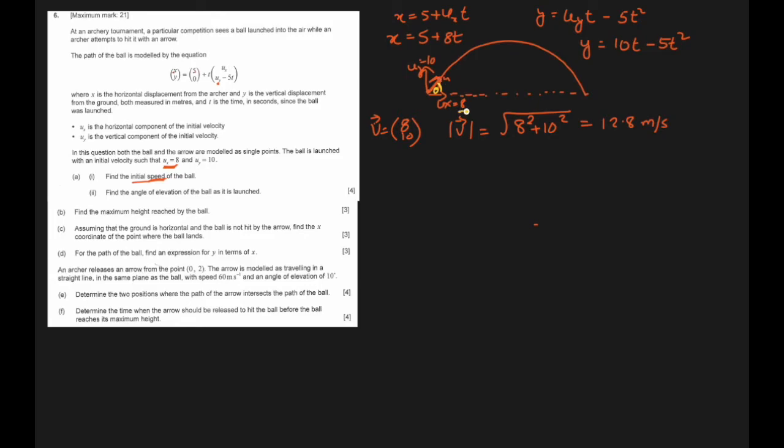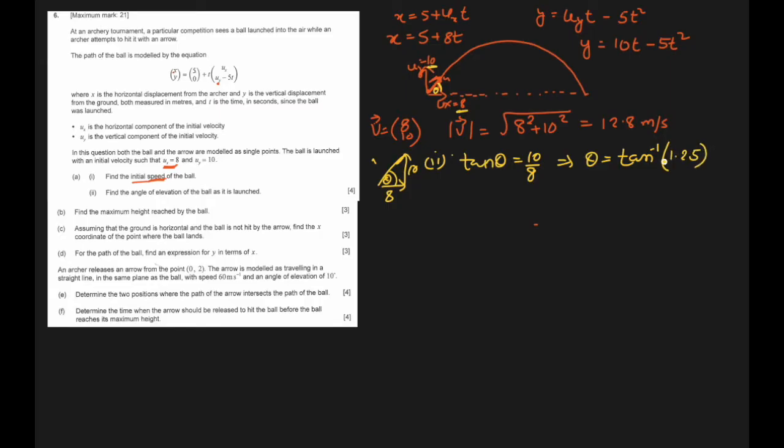So we know the x component is 8, y component is 10. So we can make a triangle out of this. So this is x component 8, this is y component 10, and this is the angle we have to find out. So here we can use tan. So this is second part of A. So tan theta equal to opposite over adjacent, 10 over 8. So this gives us theta equal to tan inverse 10 over 8,